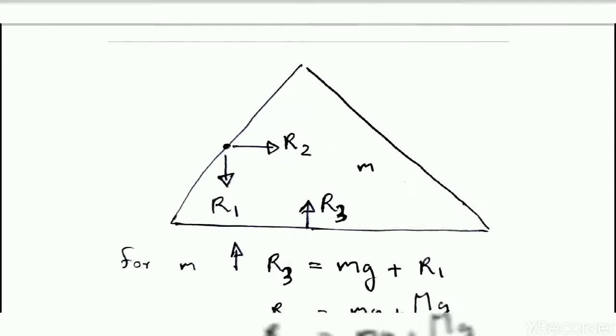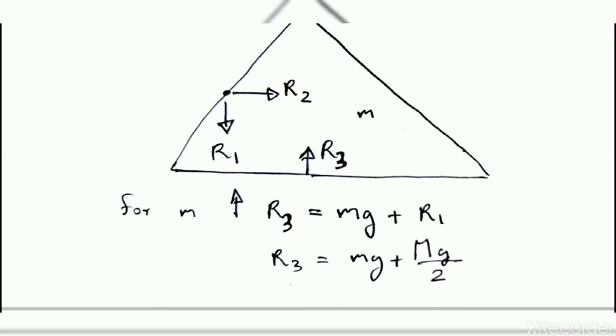So when we draw the forces according to Newton's third law, R2 is acting towards the wedge and R1 is acting downwards. Now I know the force that is trying to move the wedge. So there should be a friction equal to R2 to stop the wedge. Let's say it again: R2 is the force acting towards the wedge, that is the force trying to move the wedge.